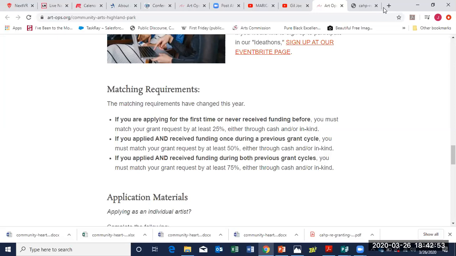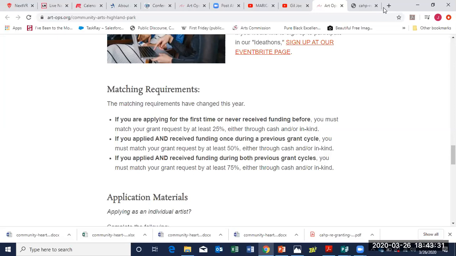And as far as if you're not a strong writer, the panel is looking more at the idea and the mechanics of the grant. You don't have to write soliloquies, right? Or be a technical writer. As long as you convey your idea, you write it how you want to write it. As long as I, as a panelist, am reading it and I can understand they want to do this, that's definitely what we're looking for.